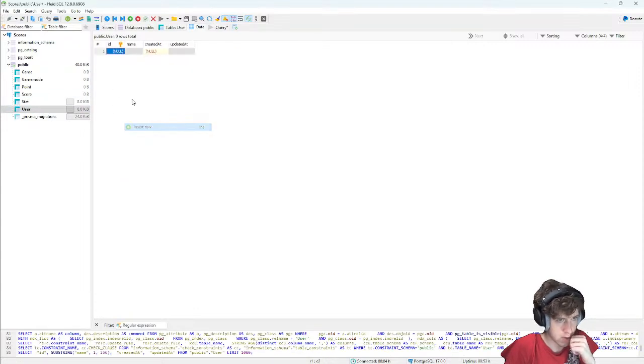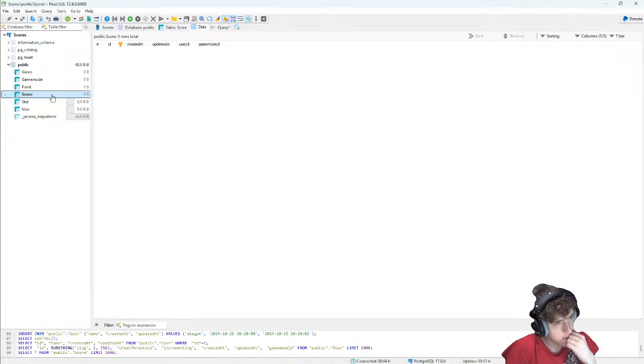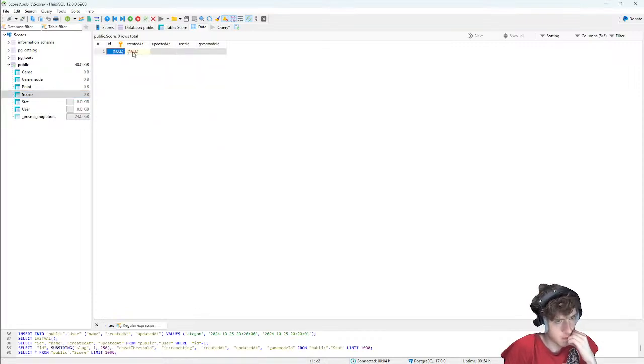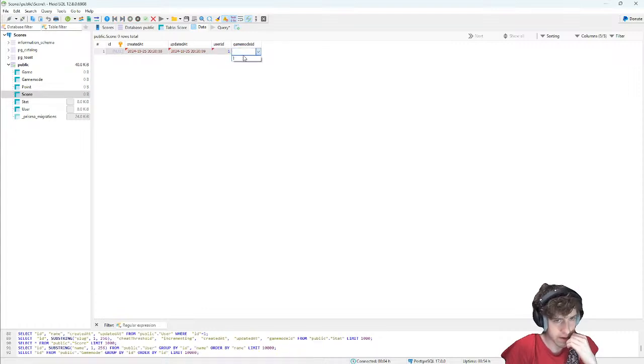Then there's going to be a user. This user is going to have the name Adagon. Then there's going to be a score. This is going to be for the user Adagon, and the game mode ID 1.